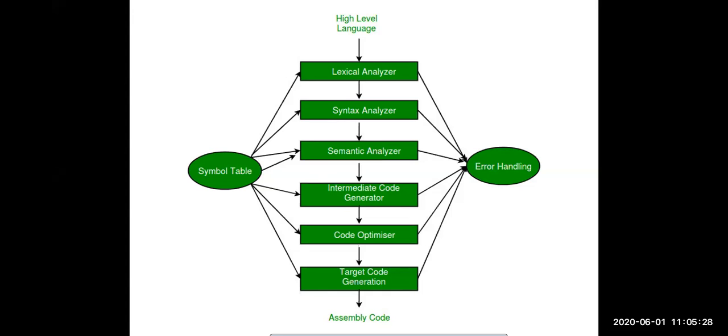Symbols, meaning which symbols? Simply, since the name is symbol table, you are saying it will store symbols. See, in a one line answer, the symbol table will store the information about the identifiers in the source code. Identifiers of the program. In one line, the symbol table will store all the information related to identifiers in your program.